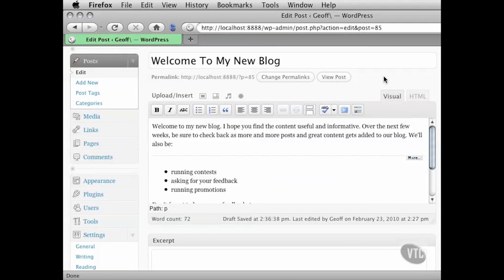Okay, so hopefully you're pretty comfortable going back and forth between your visual editor and your HTML editor. And I'm assuming that you haven't made any changes to your post either. If you have, make sure to click on Update in the top right corner. I haven't made any changes to my post here, so I don't need to save them